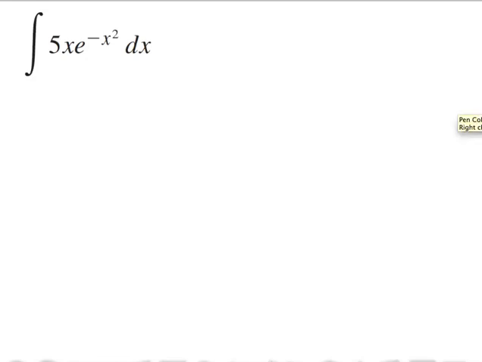All right, so let's go ahead and look at this one. This says 5x e to the negative x squared dx. So in this case, you've got an e. So you're going to let u equal what? The exponent. The negative x squared. So du is